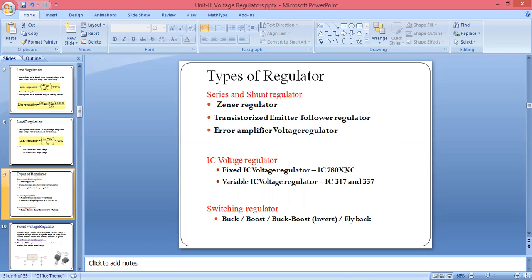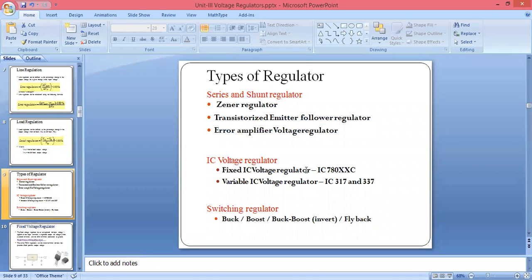XX means these are the don't care. So you can put here any number like 7802, 7805, 7809, 7812. That means they are giving that much voltage and that voltage will be fixed. So this type, the IC 78XX series, is called as the